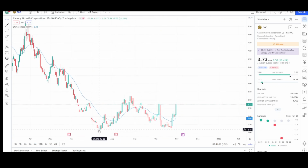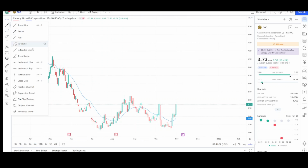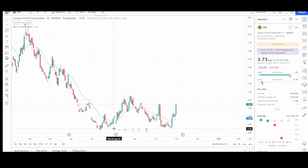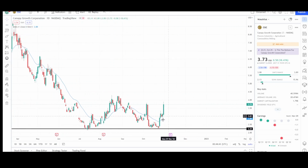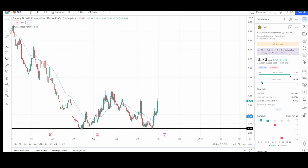focusing on. So you can see that we made a little double bottom right around this $2.13 level, which was right at the 52-week lows. So we came very close, or we came at the lows of the $2 level. We bounced up, saw a nice push up higher. It looks like they're targeting the resistance, which is right around the